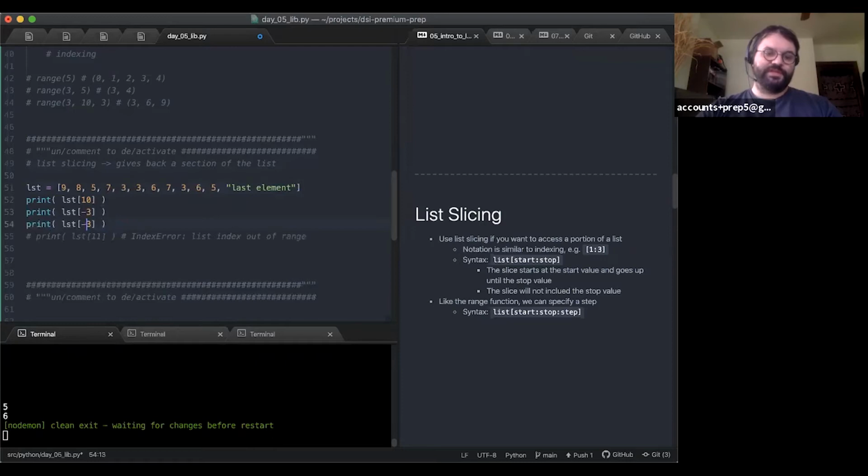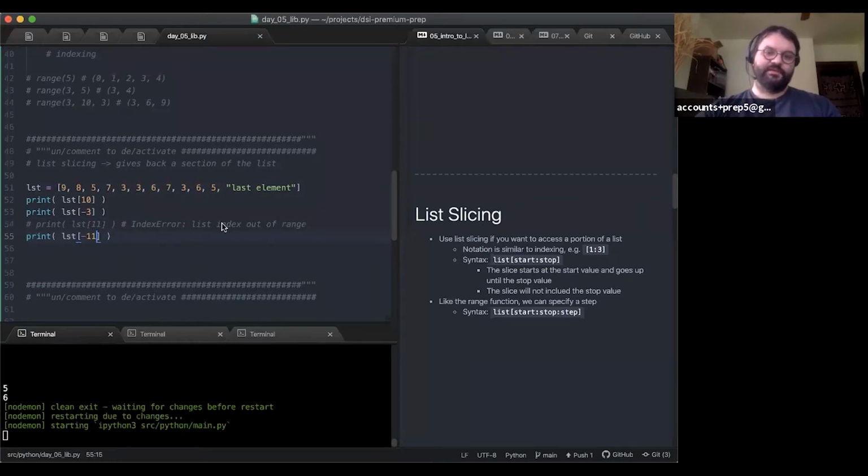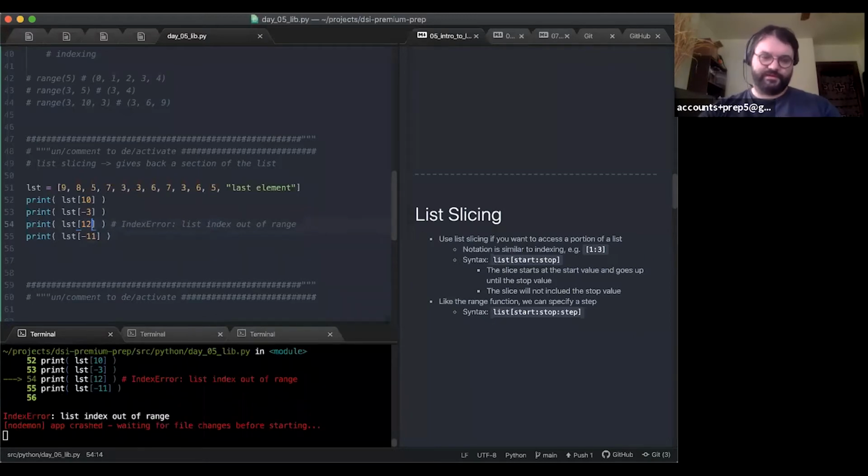It's worth mentioning that we can get an index out of range error in the opposite direction. So I think this is going to work now, actually. Yes, that's going to work. Okay, so list sub 12 is now going to give me an index error.